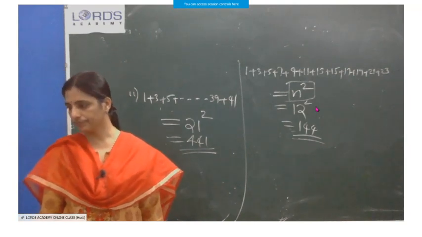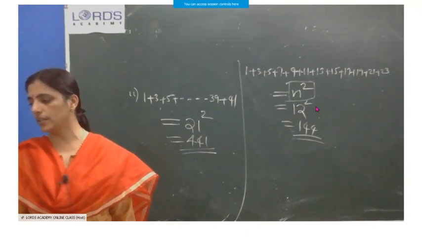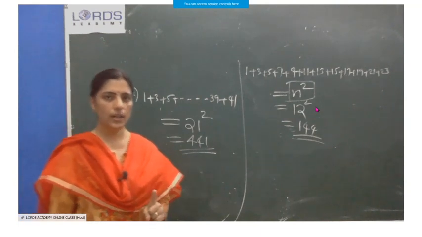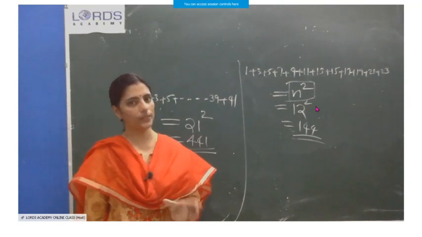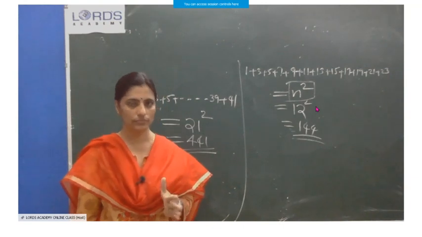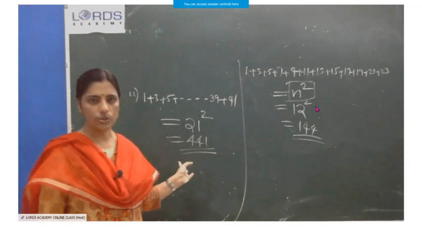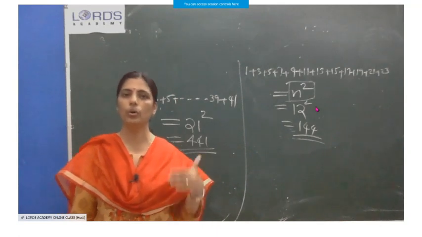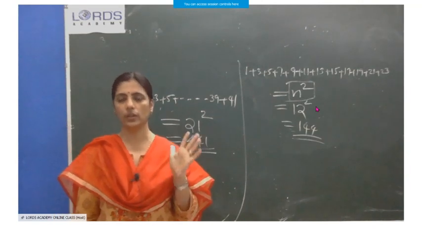Question number 14. Write 3 sets of Pythagorean triplets such that each set has numbers less than 30. I told you, what is the speciality of a Pythagorean triplet? 3 numbers which satisfy the Pythagoras theorem. Which common set were we always using? 3, 4, 5. Yes, 5 square is equal to 3 square plus 4 square. I showed some examples also. It is there in your notebook. Can you find some more triplets with 3 members which satisfy this Pythagoras theorem?